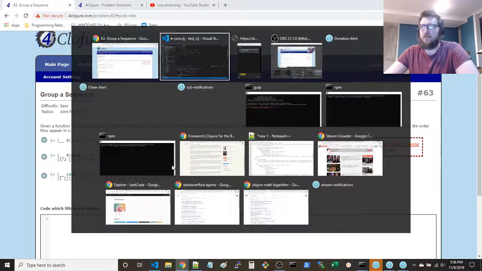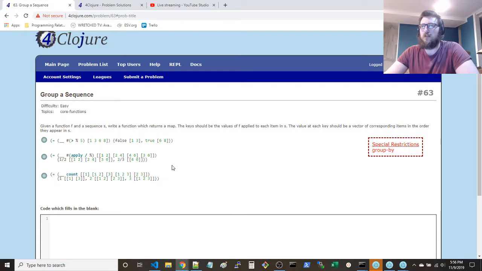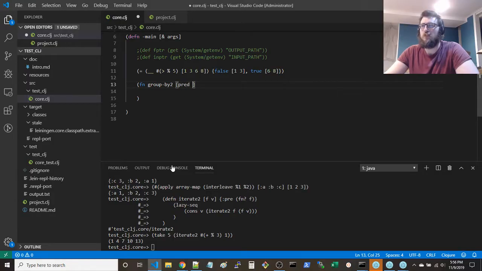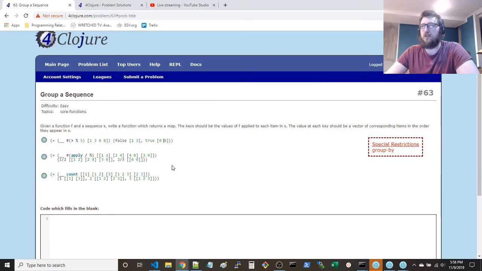Take a predicate and a collection. All right, and this predicate, same thing, could do a pre, is a function, predicate.